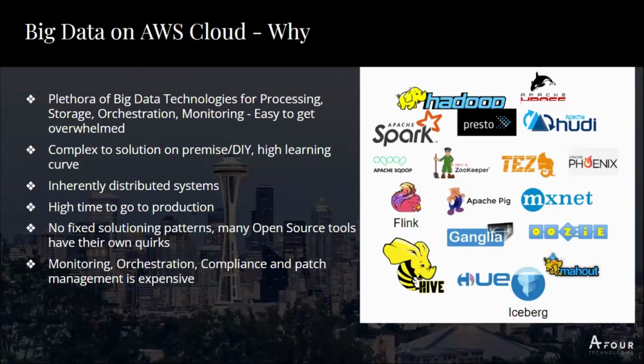And so if you look at this, now that we are in the big data world, the amount of technologies and the architecture that needs to be built around is very complex, because these are open source technologies. You need to have the kind of expertise in house or build that expertise to consume this. And on top of that, these are inherently distributed systems, meaning that you would have to make sure that these systems work in tandem and